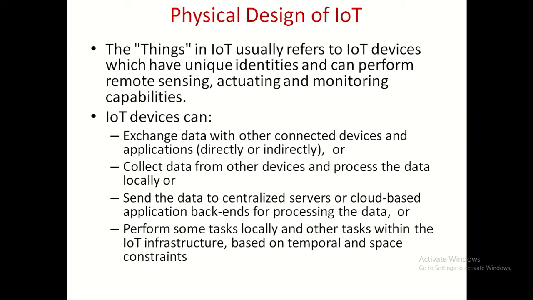Then collected data from other devices is processed locally or sent to centralized servers or a cloud-based application. So I already mentioned that since we are talking about an IoT application, not only locally processing within the device, we also want to put this data on a centralized server or a cloud platform and then perform some tasks locally. As I mentioned, it's not only acquiring the data, we would also like to control some systems by using some actuators. So in short, these are some important parameters one has to consider while designing an IoT platform.